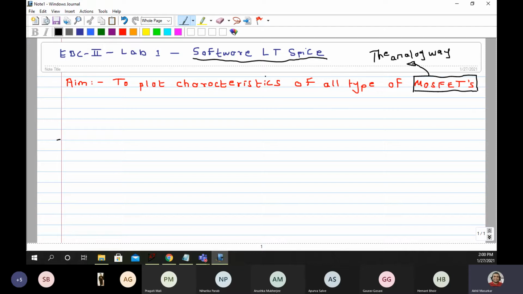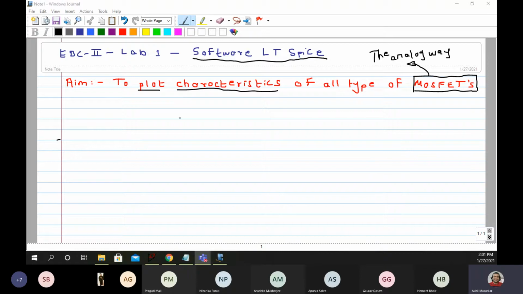By doing this experiment, that is by plotting the characteristics of the MOSFET, we will conclude which of these MOSFETs is the best for analog design. That is what we actually want to find out.